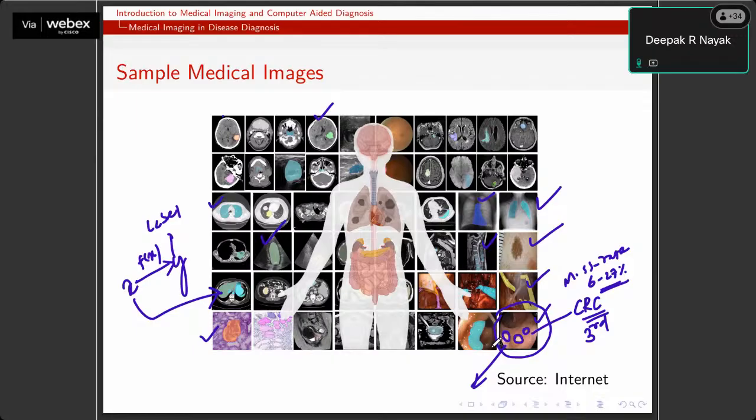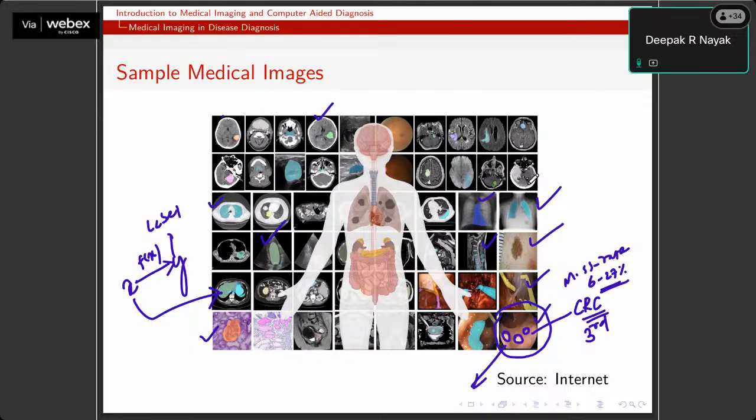So that is why we're interested in designing some sort of computer-based algorithms which can detect this kind of polyps, which can tell, yes, there is a polyp here, and which can classify or assign a label. Let's say labeling is like providing a grade to a particular tumor, right?